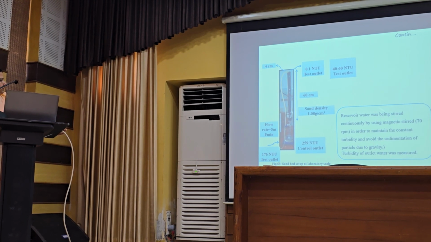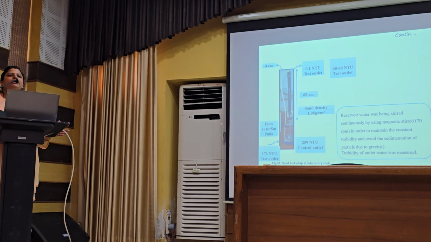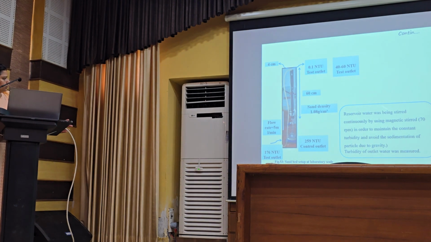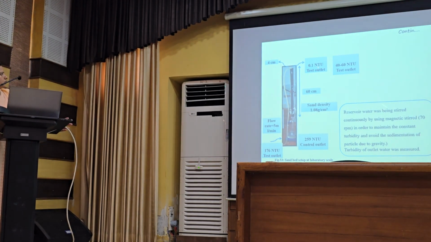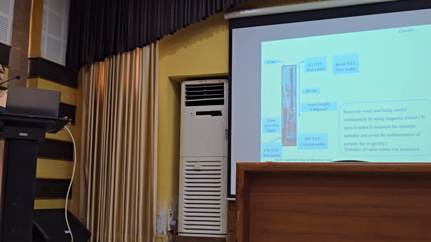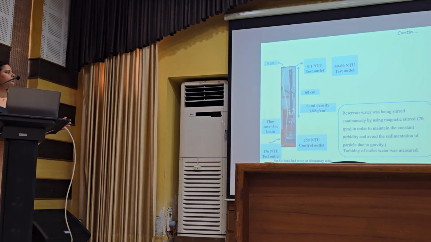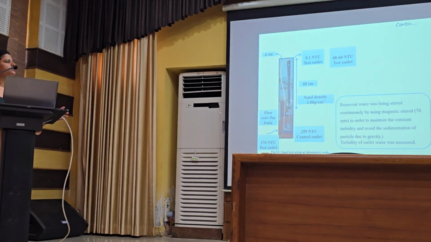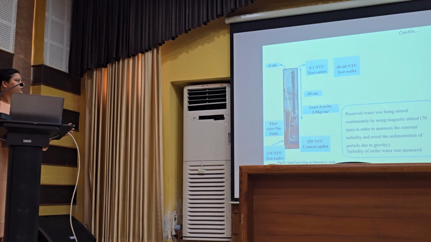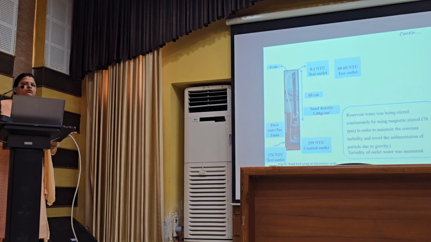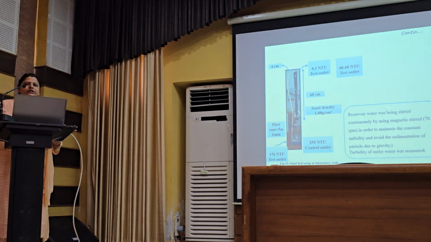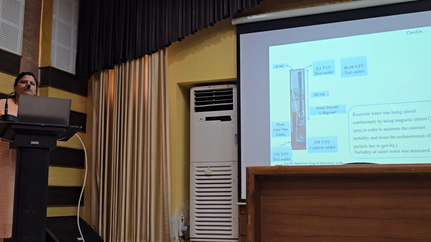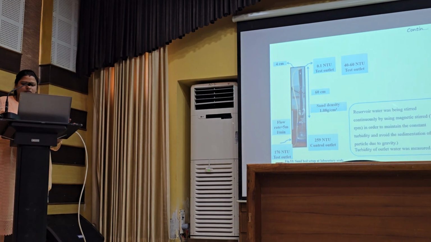After 60 minutes of biosedimentation, the test tank and control tank water was passed through this sand bed, and the outflow of the test tank was 0.1 NTU. This is of course within the permissible limit for drinking water, and the outlet of the control tank remained at 40 to 60 NTU even after passing through the sand bed. So the sand bed performed well for the removal of turbidity. Further, we have also equipped this sand bed in our experimental setup at higher scale.